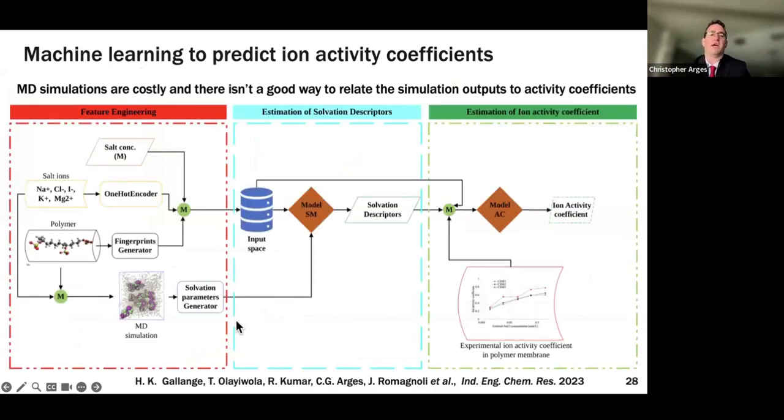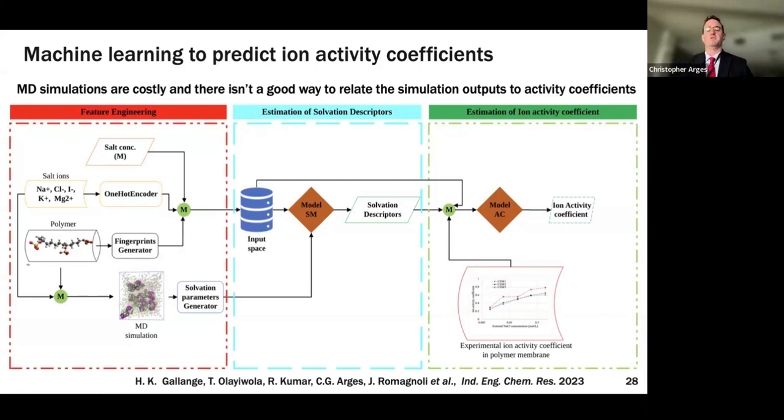We had a paper come out last year where we did two different things. One, we wanted to use machine learning. We generated molecular fingerprints of the ion exchange membrane material, like Morgan fingerprints. Then we wanted the machine learning to output the MD descriptors that you would have from normal MD simulations. So could we have a machine learning method that would give us the MD descriptors for a given ion exchange membrane material without necessarily running the costly MD simulations?